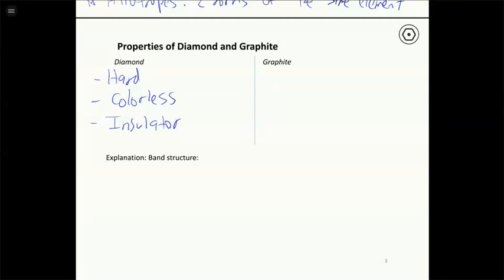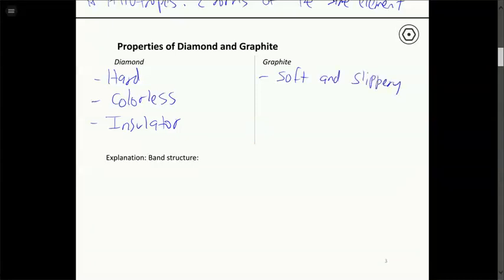However, carbon in its other form, graphite, looks a lot different. So graphite, if you've ever played with it, is soft and slippery. And that's related to the layered structure. Because those layers are held together by relatively weak intermolecular forces, so the layers can sort of slide over each other. That gives it that slippery texture, and then also makes it a lot softer because there aren't those strong interactions in all 3 directions. There's just the strong bonds holding the sheets together, but the individual sheets are stacked together pretty weakly. Graphite is black in color, so it certainly wouldn't make a very pretty engagement ring like diamond does.